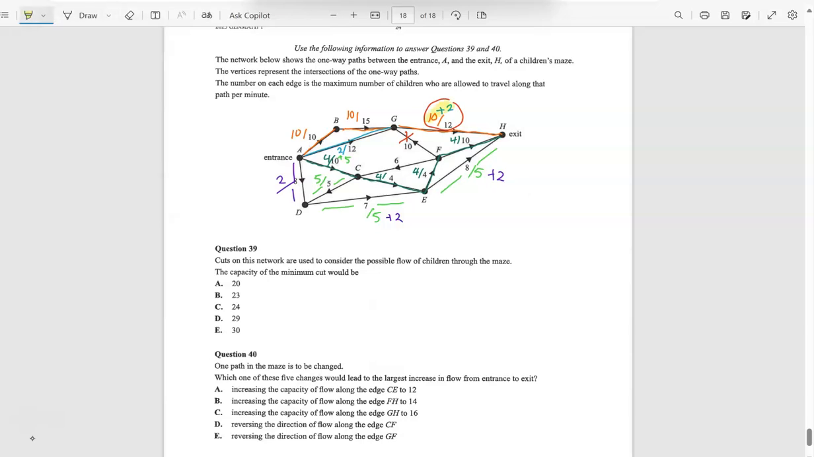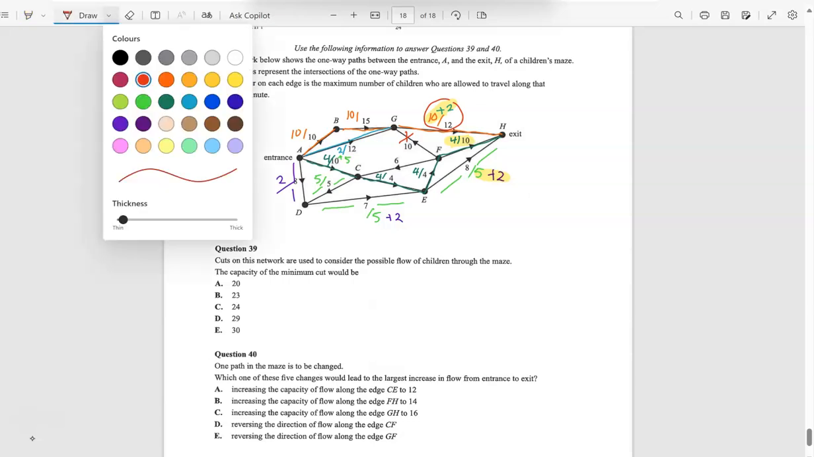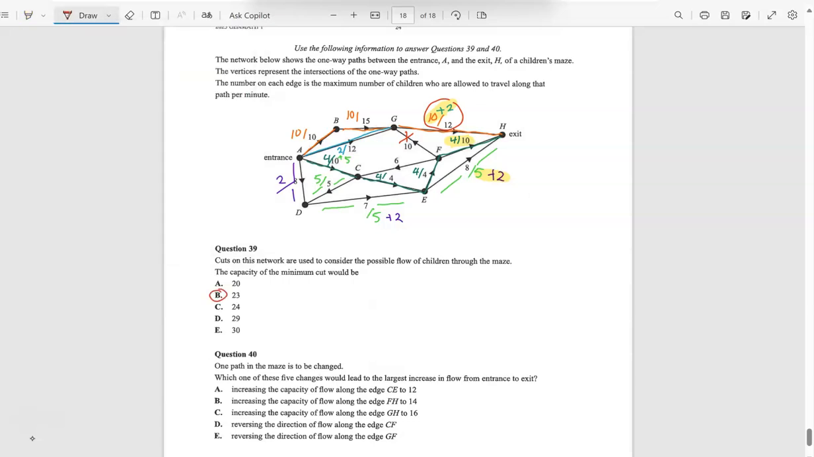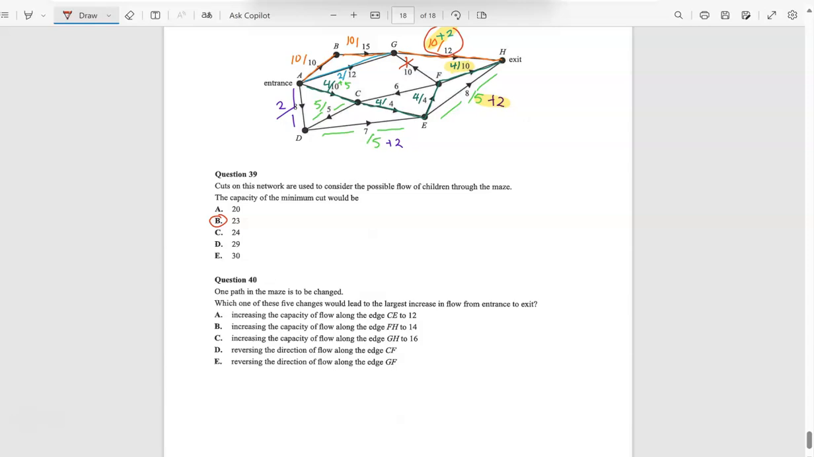So we used 12, we used 4, and we used 7. So what's that? That's 12, 16, plus 7 is 23. Yes? So there's our answer, 23. So somewhere in there's a cut that does 23, but it's much easier if you do this, because when we